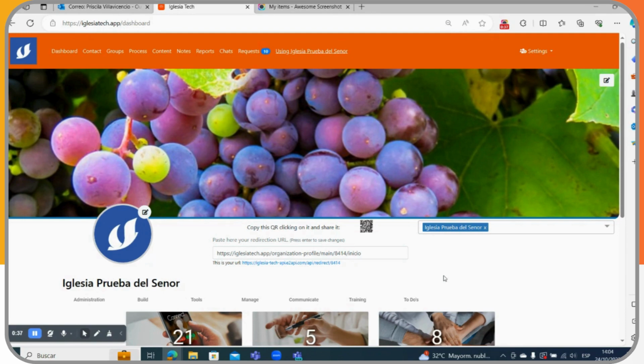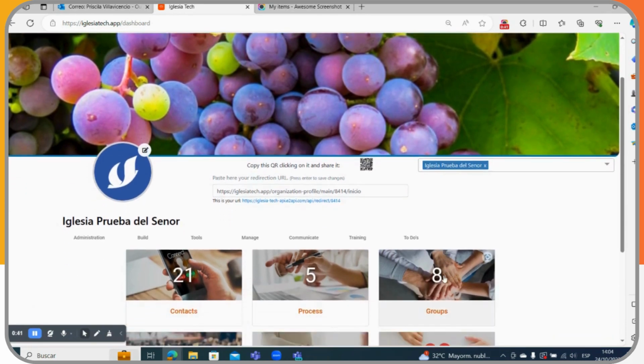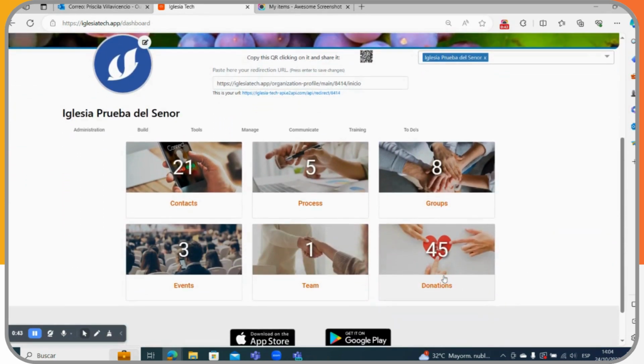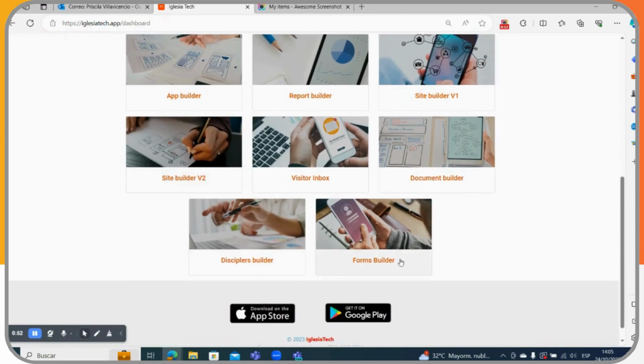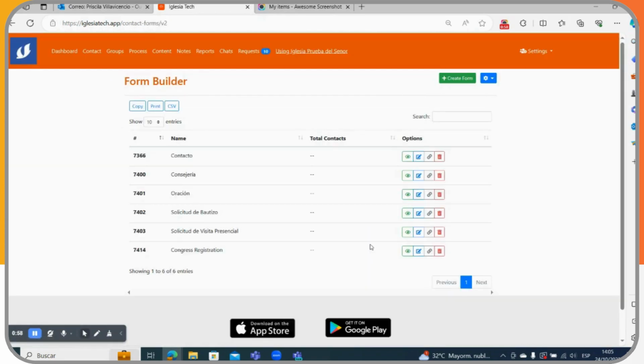We are going to do it from the Church Tech panel. For this, we are going to enter our main menu and we are going to choose the second option, Build. We are going to click here and go to the last option, Forms Builder. We click there. And here, on the screen, we are going to observe those forms that have already been